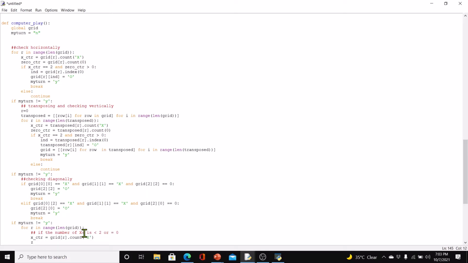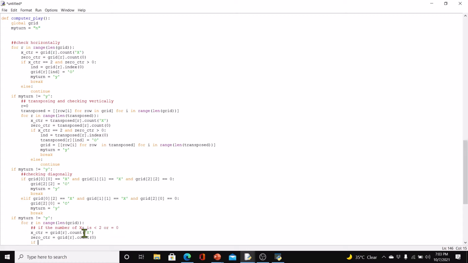And then 0 counter equal to, so if x counter is greater than 0 and 0 counter is greater than 0,